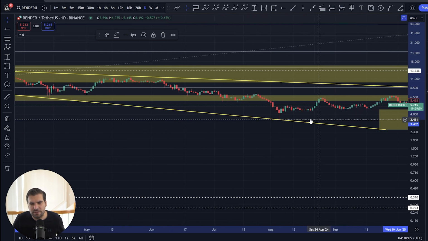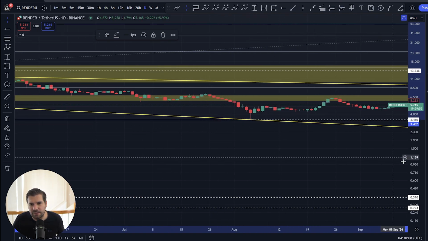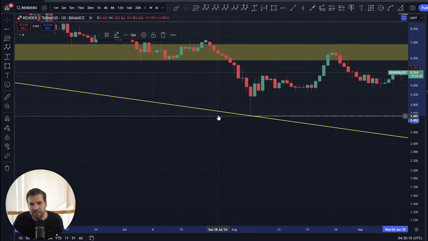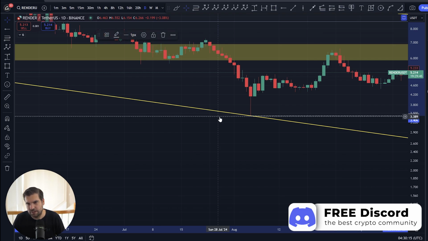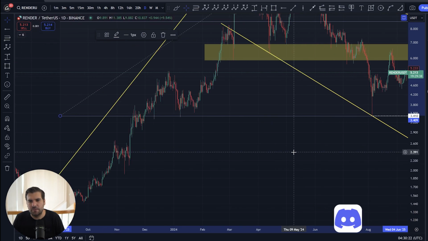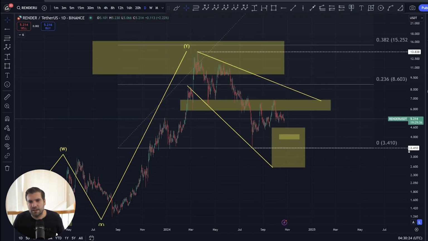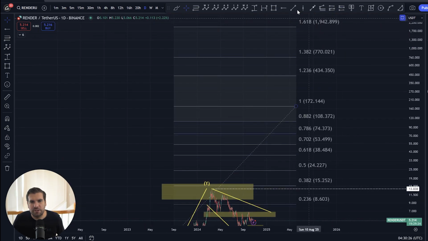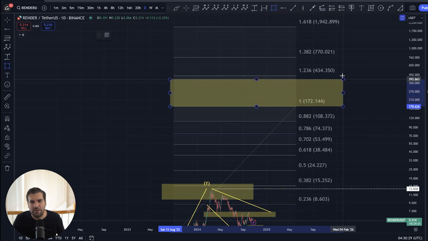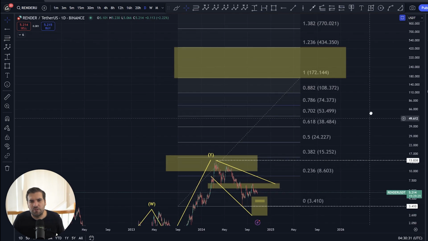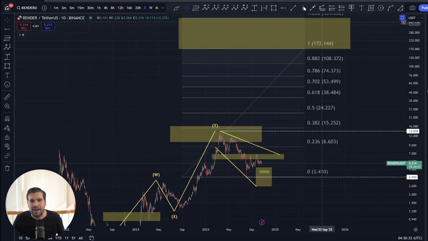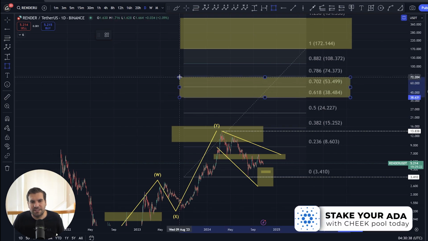In order for me to do this, I'm just going to zoom right in on this wick here, and we'll make sure that I get this snapped exactly on the 41.0. See if I can actually go ahead and do that quickly. Yeah. Okay, cool. So we'll do that. And then what we'll do is zoom back out and I'll show you where those targets are, right? So the bulls could potentially be arguing there's a move out towards 172 to $434. However, I think conservatively, actually, we want to be thinking more about what's going to sit in these resistance